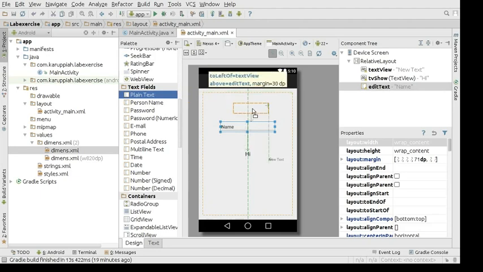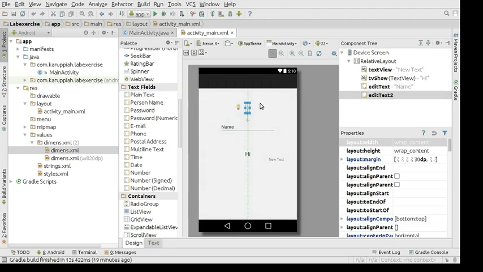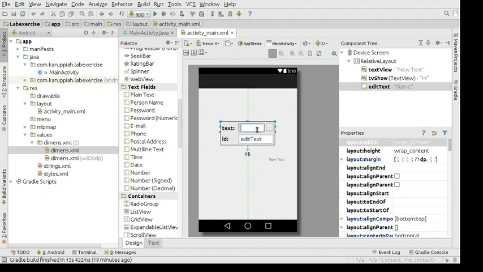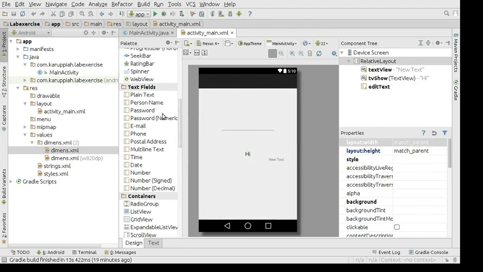When I take in plain text, it's not big. Actually, I have to give the configuration to make it big. So here you have the person name thing, but it will have some default text. You have to remove that and press enter. So now you have just the text field, basically the edit text in terms of code and view, technical terms.